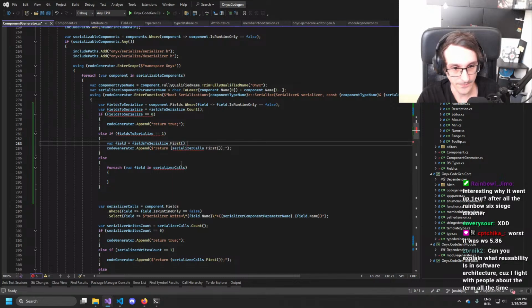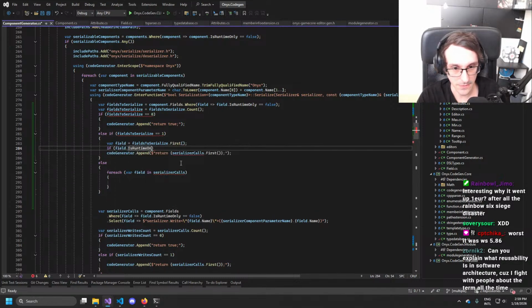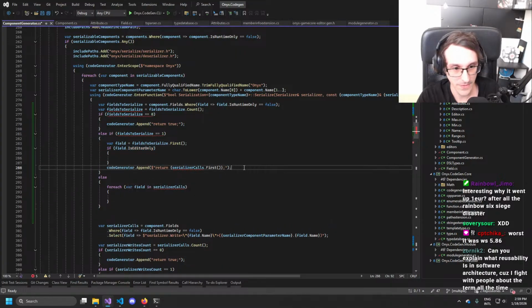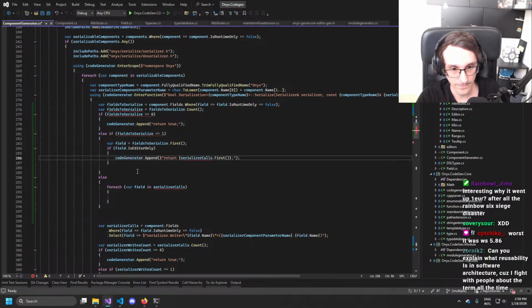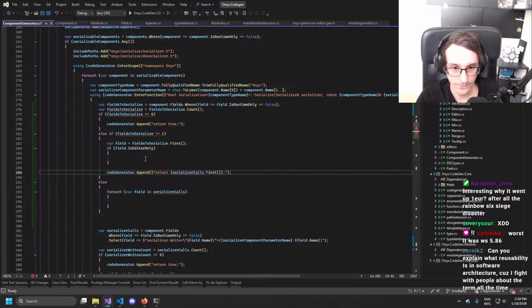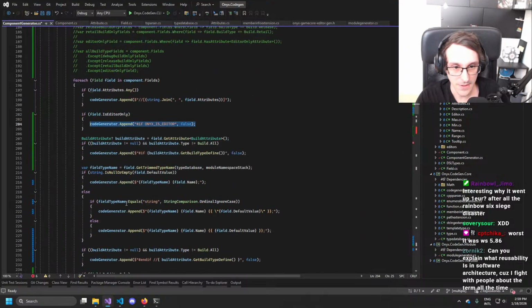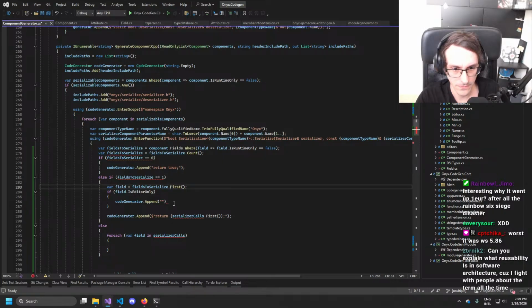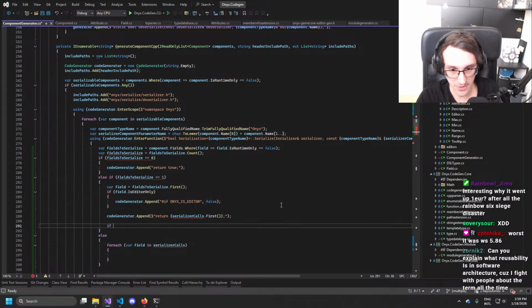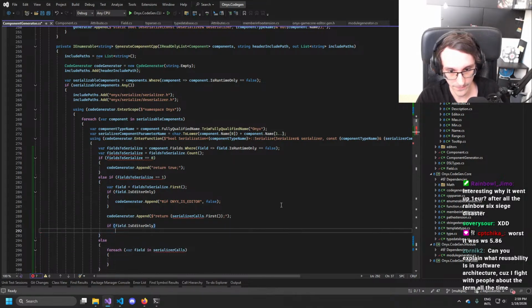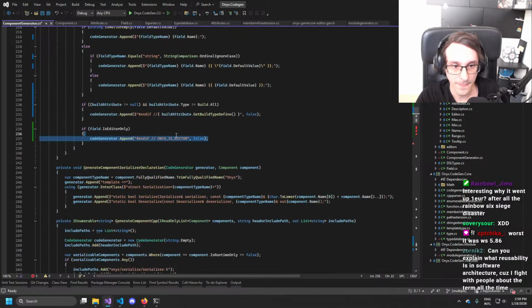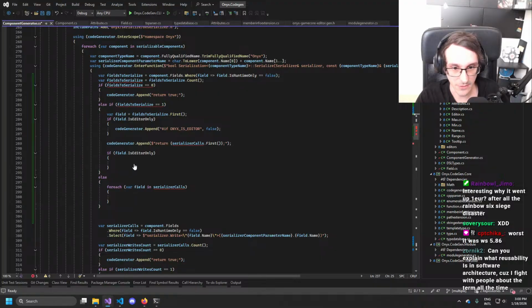First, if field is editor only. Code generator append. Basically that. I'm wondering if there is maybe a... I mean, there probably is a better way to do that, but whatever. I bet there is a better way to do it.